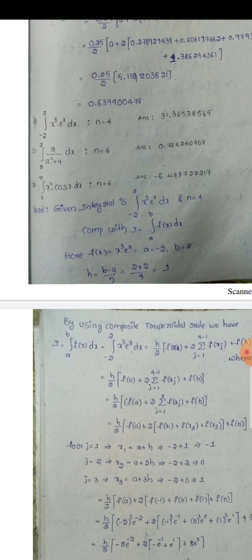Solution. Given integral is integral minus 2 to 2 x cube e power x dx and n equals 4. Comparing with I equals integral a to b f of x dx, here f of x equals x cube e power x, a equals minus 2, b equals 2, h equals (b minus a) by n equals (2 plus 2) by 4 equals 1. By using composite trapezoidal rule, we have